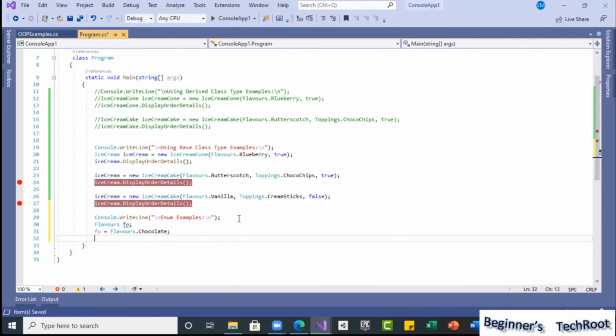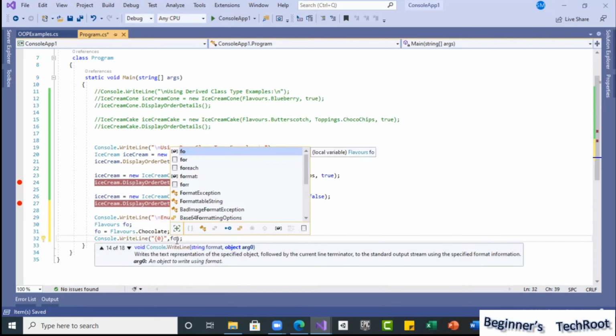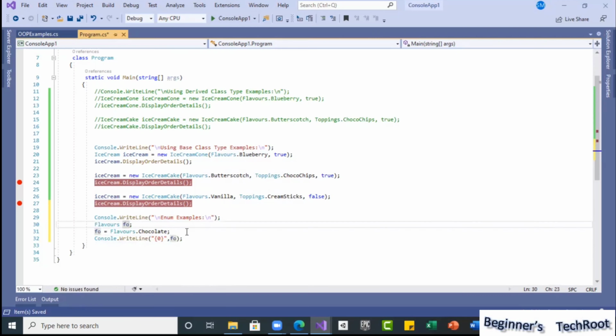Console.WriteLine, and here I use F4 just as this variable name. How does it display on the screen?